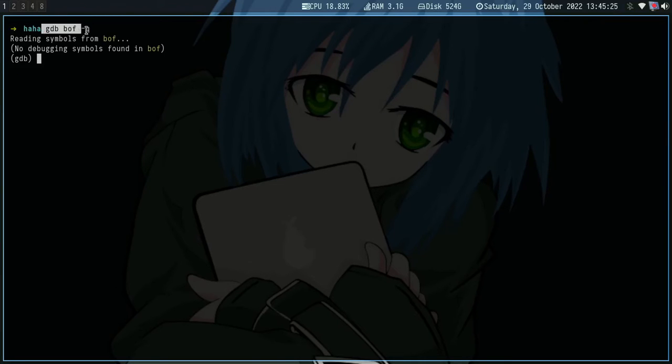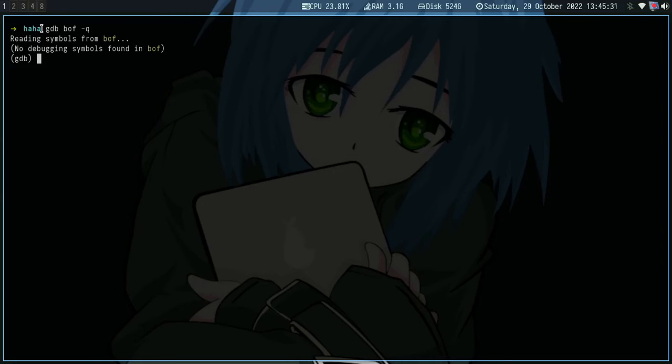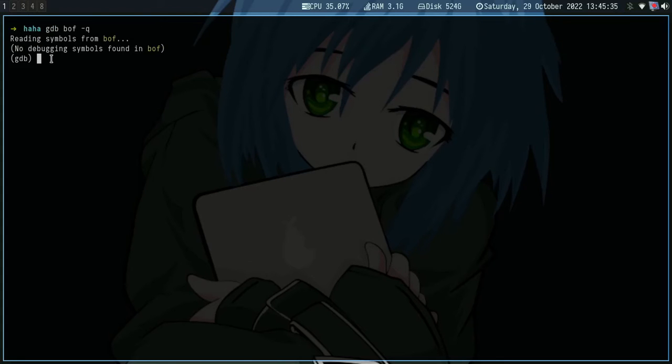So using GDB, we can use the -q switch. This switch is for suppressing the hello message that GDB gives, so we suppress all that gibberish. The next thing we can do is set the syntax, because the default syntax for GDB is AT&T for assembly, so we can set that to Intel. Then set pagination to off, so that it doesn't print things in pages.